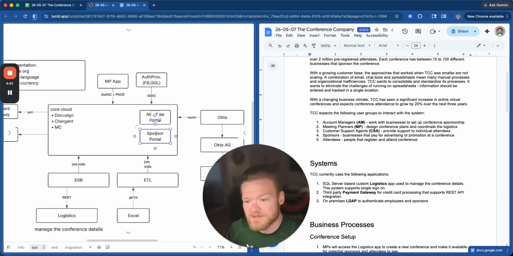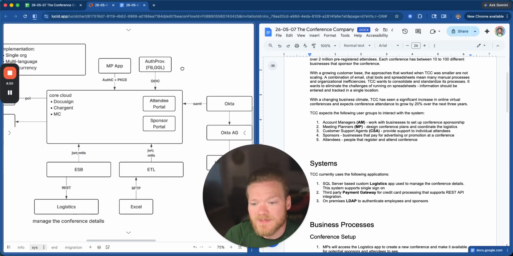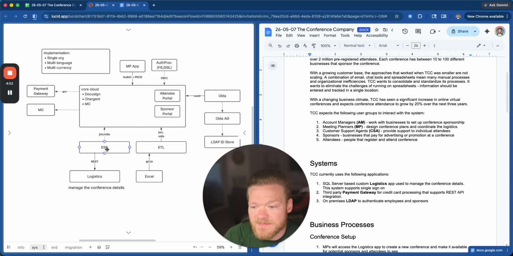Now grant access to the sponsors to be able to pay and order sponsorship for the different conferences. Also have an ESB that's provisioned for or set up for the outlet connectivity. It will expose reusable APIs for system APIs, process APIs and experience APIs that are integrated with the logistics system.